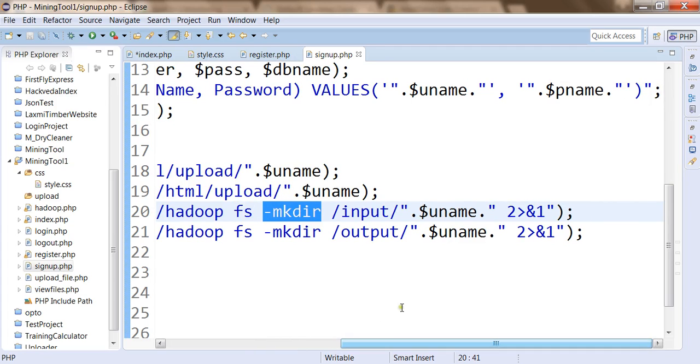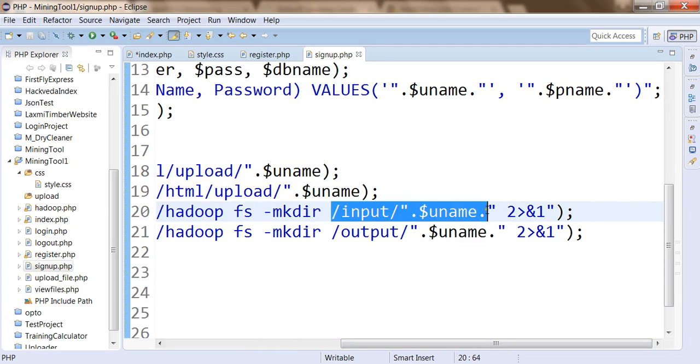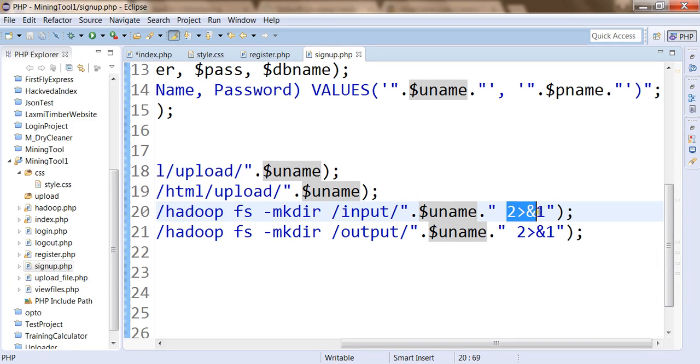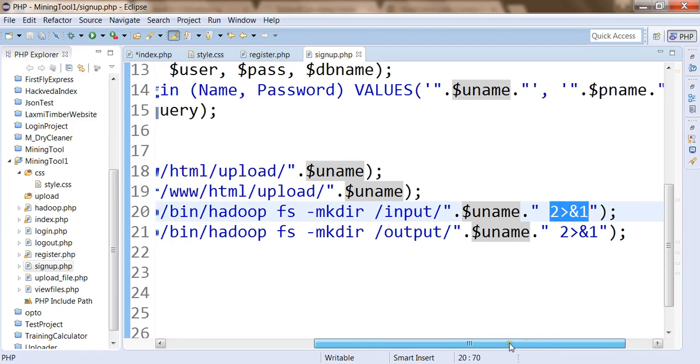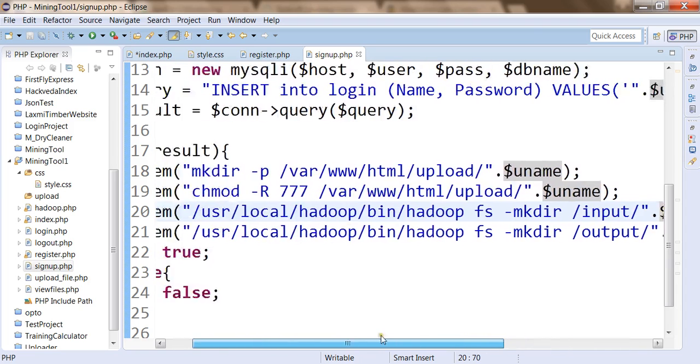Using this make directory command we are specifying the path on which my username will be created within the Hadoop file system. So this is the command, and whatever output has been produced after execution of this command will be sent to the input stream, and using that input stream we are going to read the values and display results on the web page.